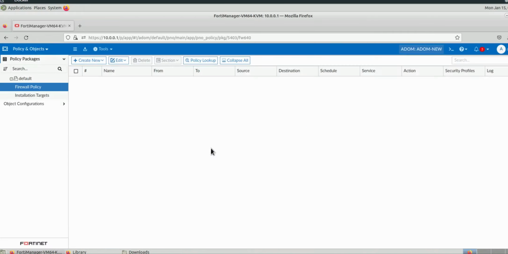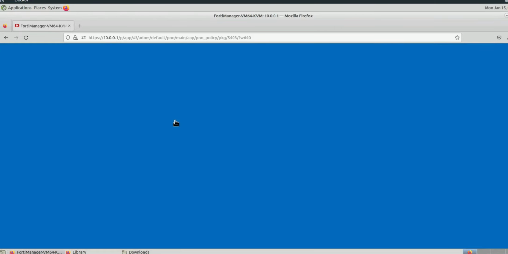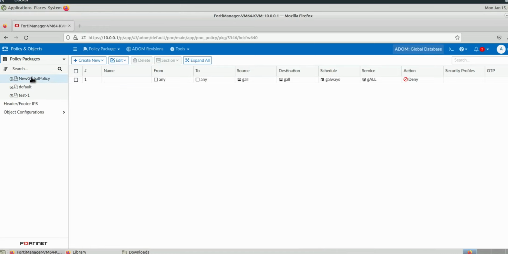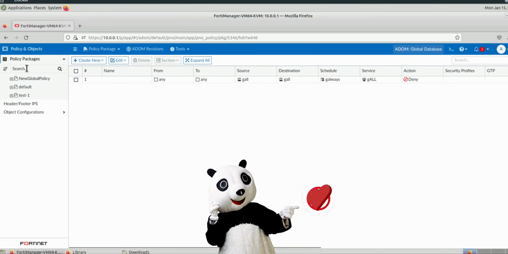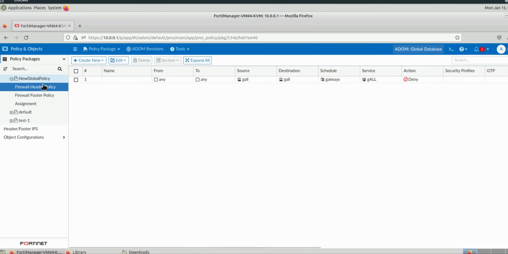And policy and objects. Yeah, we have some policy, as you can see. If you remember, the question asked what is the reaction on creating the global policy. Let's turn to the global policy. For example, the global ADOM has some policy package. Let's modify the new global header policy. Maybe you can write a new one, create